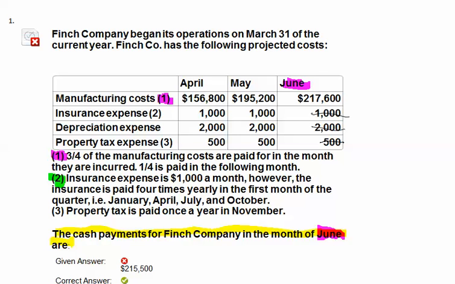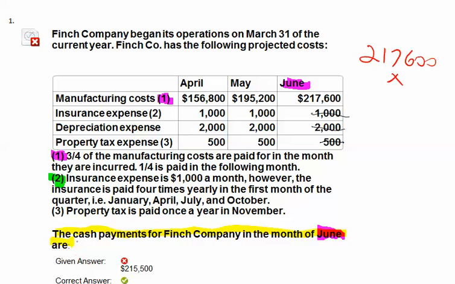So I've taken some of these numbers and made them irrelevant because they are not actually requiring me to write a check this month. So all I have to do is take a look at this month's cash manufacturing costs and last month's manufacturing costs and make the calculation. So let's go ahead and do that. Let's change my color. We'll do red this time. So I'm going to take, for June, the